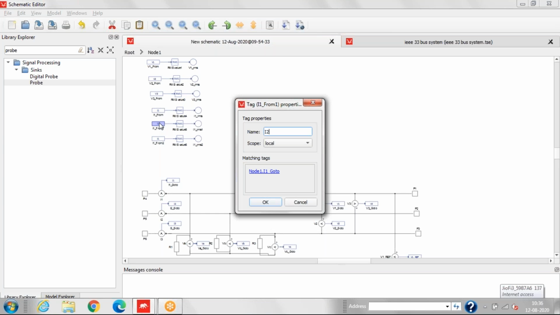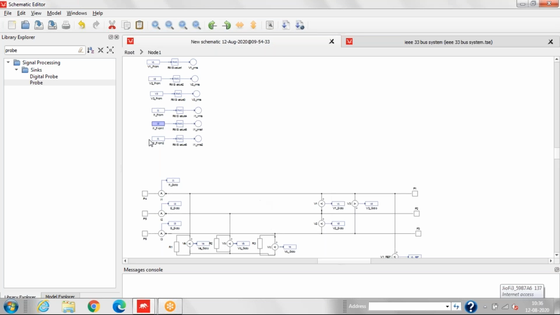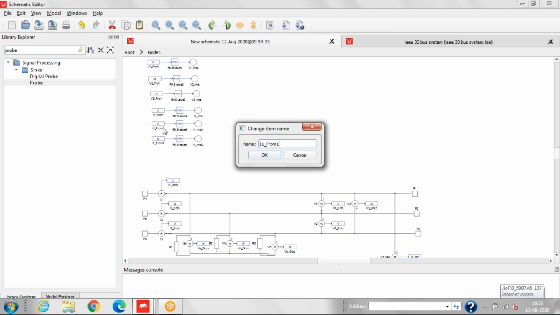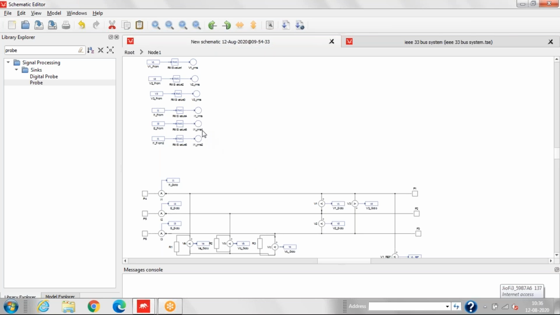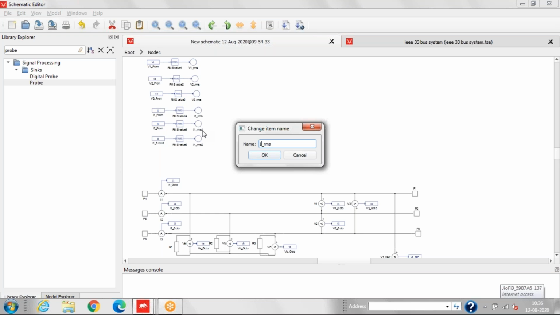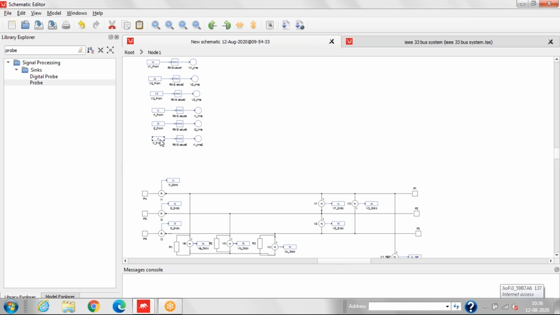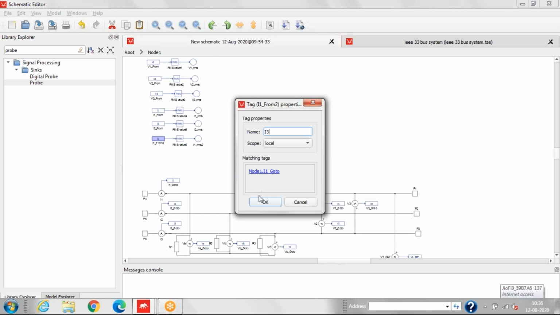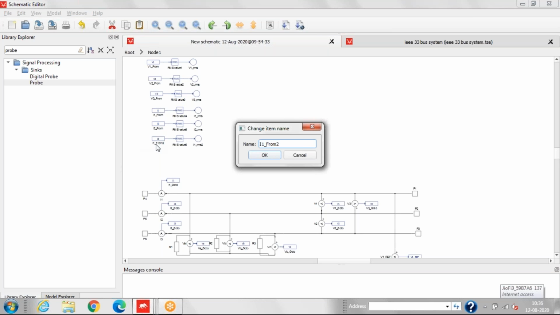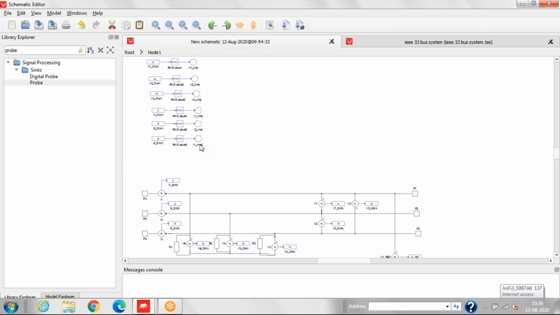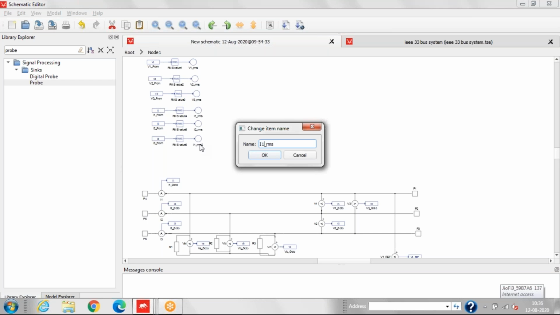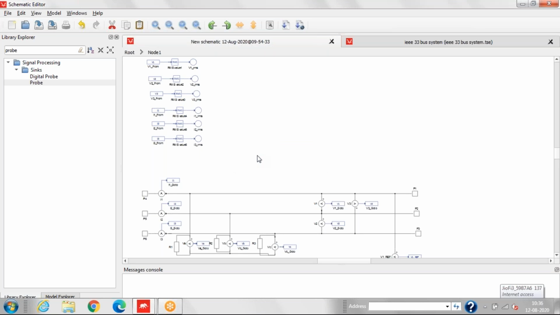Similarly, now we'll change the name as well as we'll change the tag. So this is for I3. So we have done the RMS calculation. So we can do one thing.